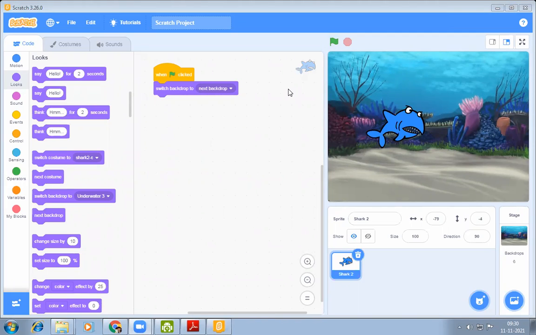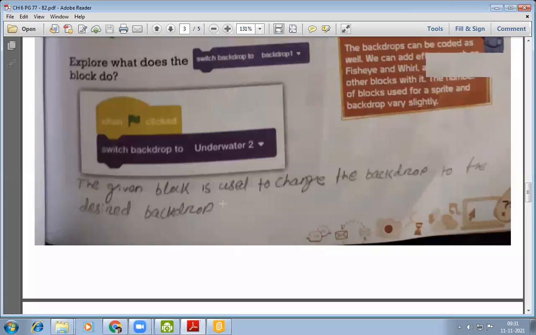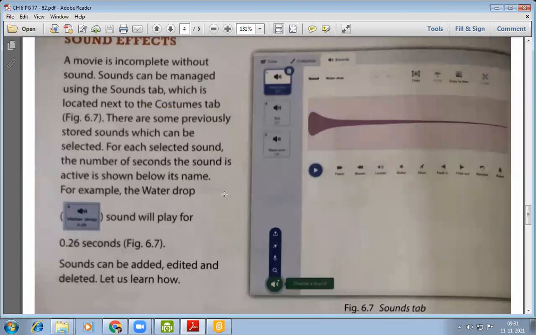Now, how to add sound effects? Page number 80. A movie is incomplete without sound. Sound can be managed using the sound tab, which is located next to the costumes tab. There are some previously stored sounds which can be selected.